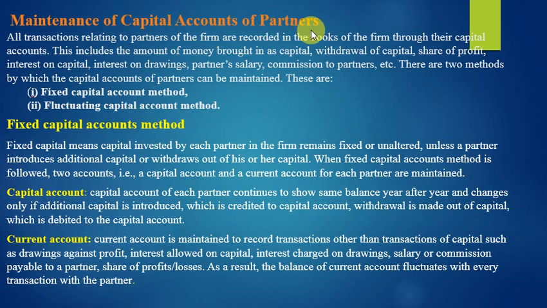If you remember in class 11th, capital was represented on the liability side of the balance sheet, correct? In that capital we added net profit of the business, we subtracted drawings. If there was any interest on capital, it was also added there. And if there was interest on drawings, it was subtracted. Finally, we used to show the net amount in the amount column. I hope you all remember it from the chapter financial statement.